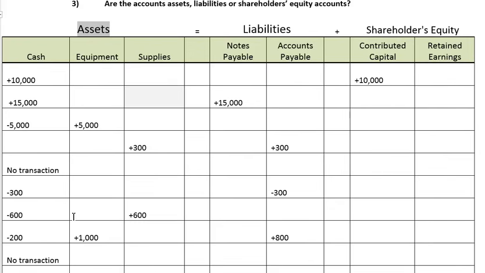So the net effect on the left side is 0 because they cancel each other out, and the net effect on the right-hand side is 0 because we never had a liability or shareholders' equity accounts affected. So that means the accounting equation or balance sheet equation remains in balance. Let's look at the next transaction.